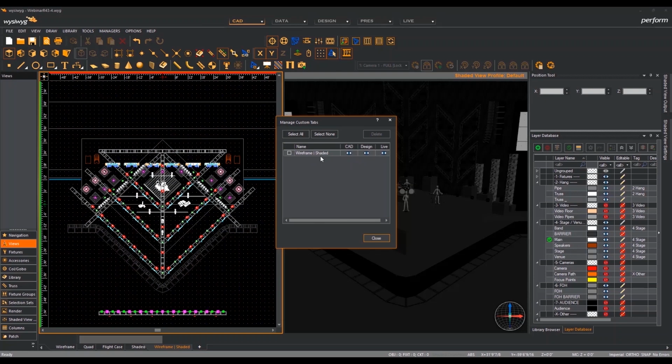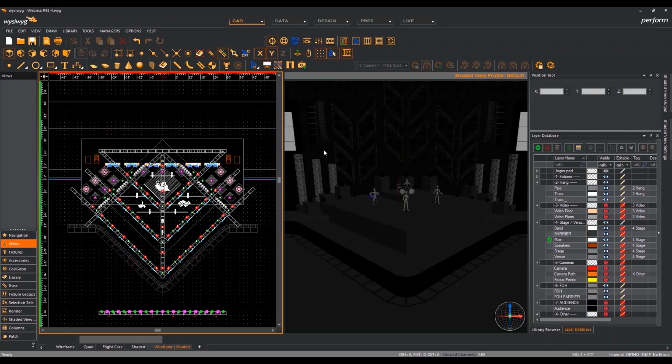With this table, it is easy to configure which mode you would like your custom tabs to appear. For example, let's say I don't want the custom tab to appear in live mode. I would scroll over to the 3rd column, and on this cell where the eyeball is, I would click on it, and now I get the red circle with the bar through it, which represents no, and therefore the wireframe shaded would become invisible or not visible in live mode if I click close. So I'll do that,